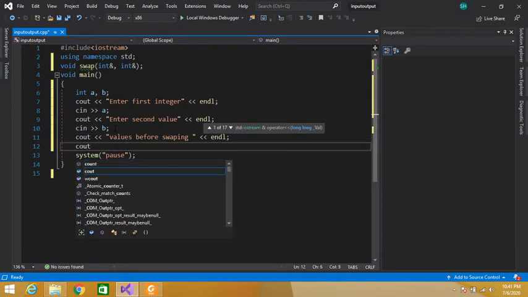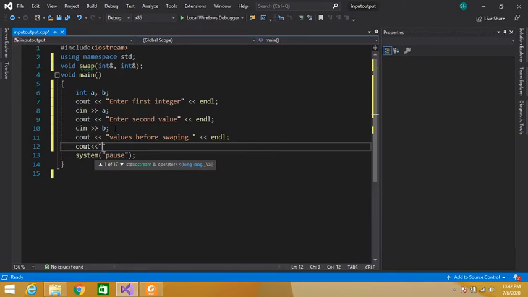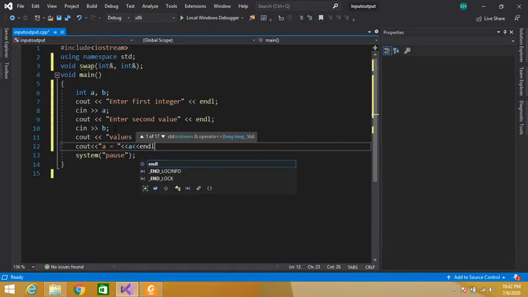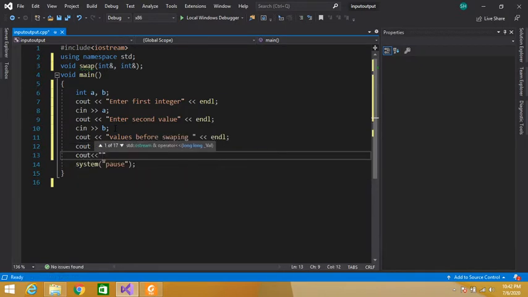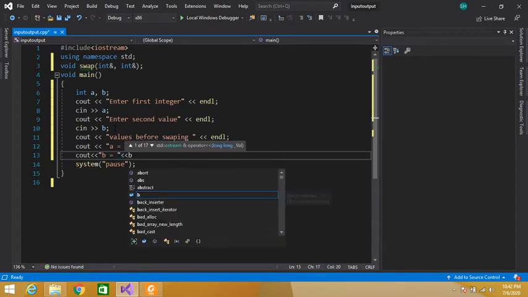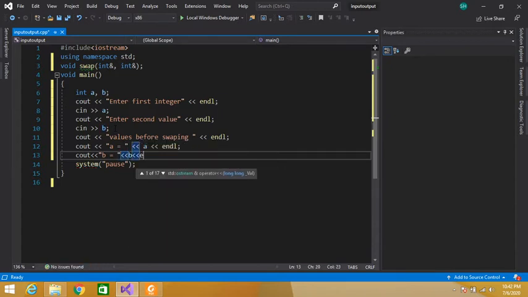Cout a is equal to, and then the value of a, so a contains the value of a, end of line. Similarly cout b is equal to, the value of the b variable, which contains the value of b.